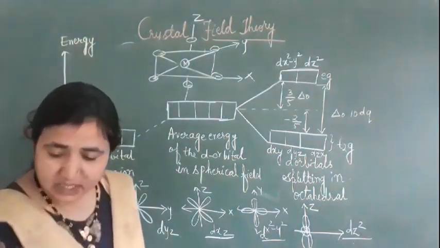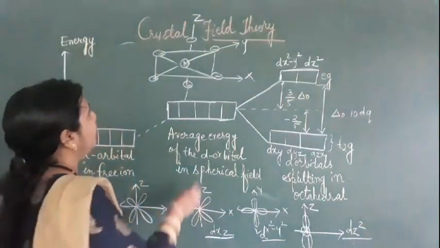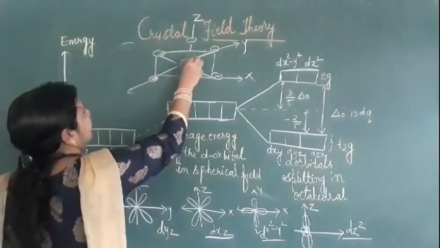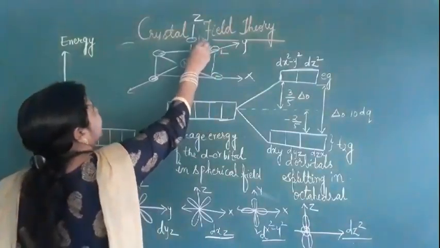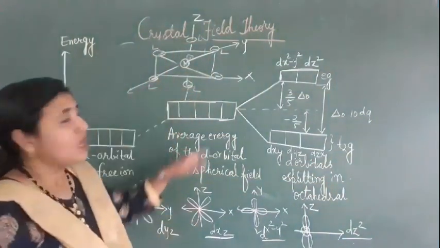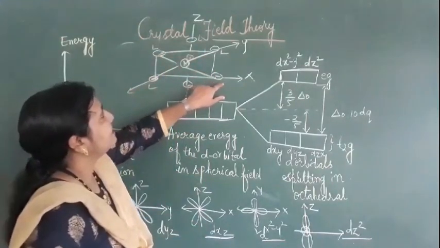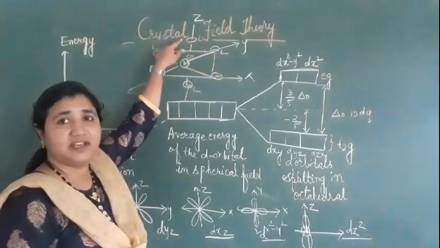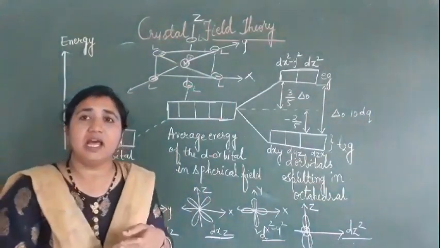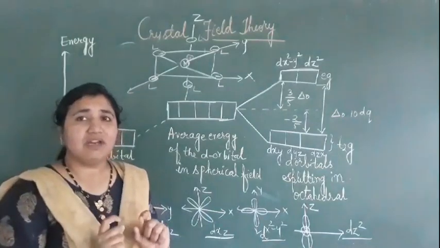Crystal field theory says that the ligand will act as a point charge, and the metal will act as a cation. So in the octahedral, all 6 ligands will approach along the axes: x axis, y axis and z axis. There are 3 axes. So all 6 ligands in the octahedral are approaching the metal along the axes. So what will happen here?